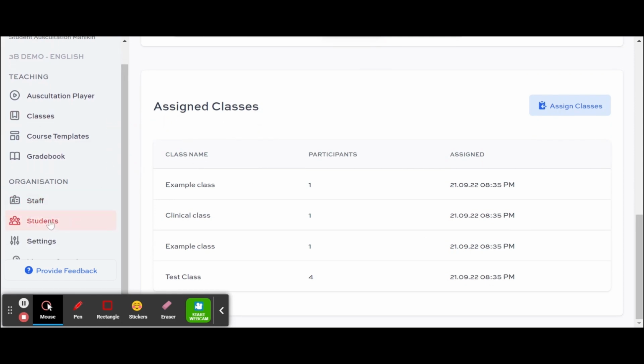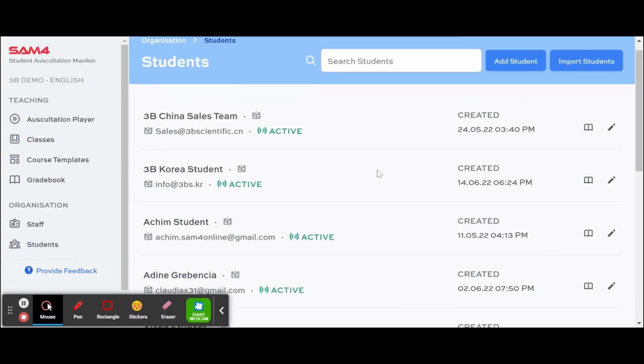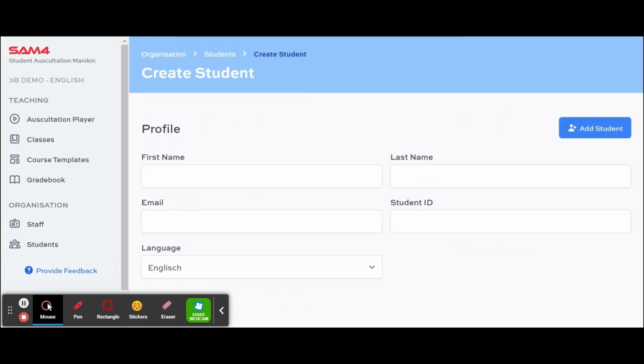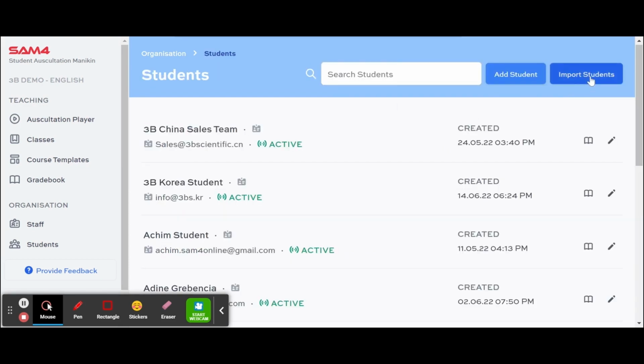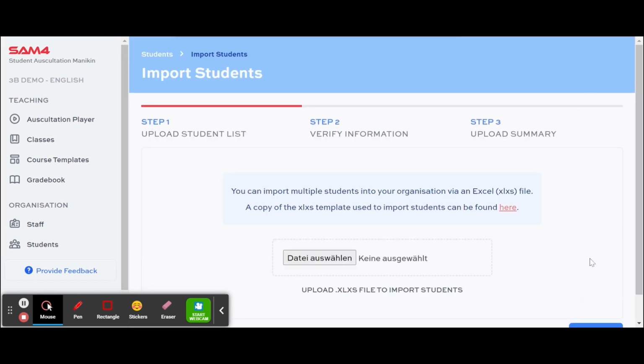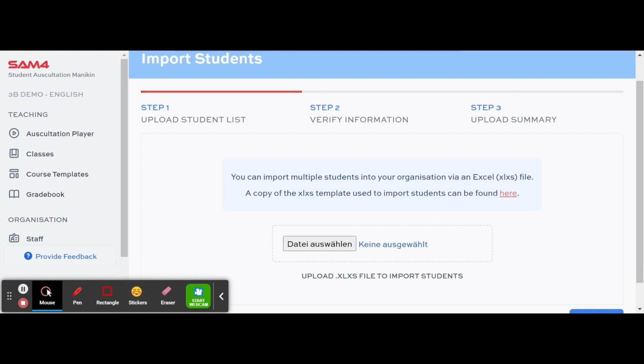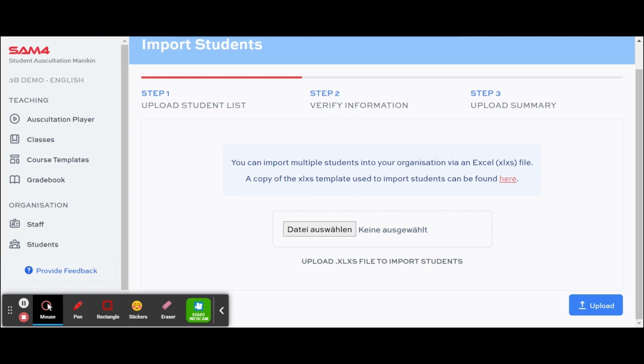In a very similar way, we can move on to the Students tab. Here, each admin can add students. They can do so either individually by adding them one by one, or they can use an import function. For this, you need to click on Import Students, and then you'll be taken to a little menu that asks you to fill in an Excel template. Click on the little word here, open up the Excel spreadsheet, which has been automatically downloaded in the meantime,